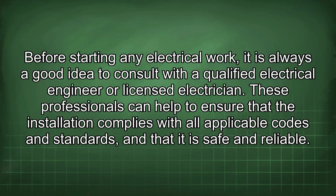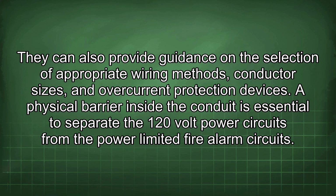Before starting any electrical work, it is always a good idea to consult with a qualified electrical engineer or licensed electrician. These professionals can help to ensure that the installation complies with all applicable codes and standards, and that it is safe and reliable. They can also provide guidance on the selection of appropriate wiring methods, conductor sizes, and overcurrent